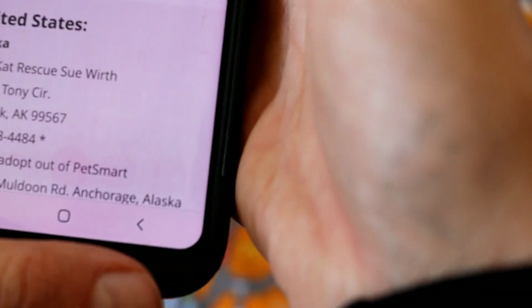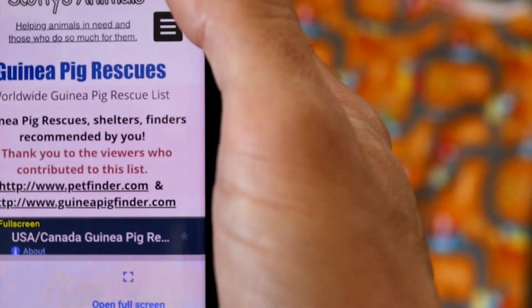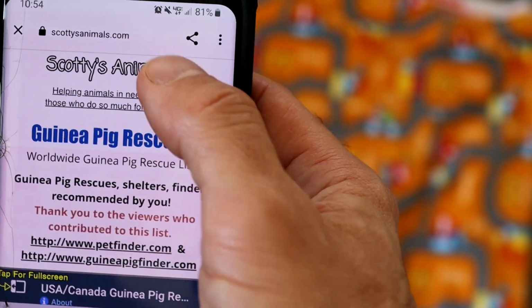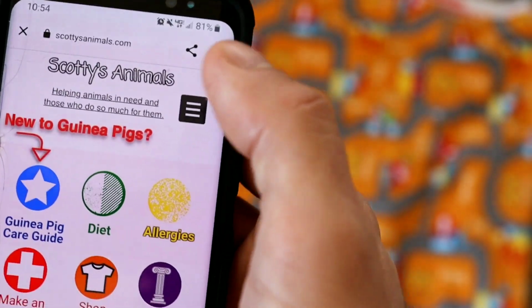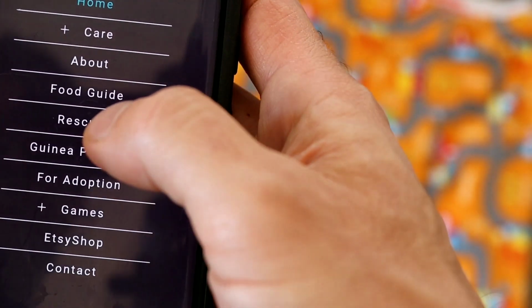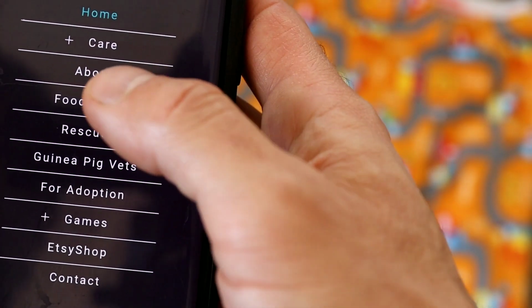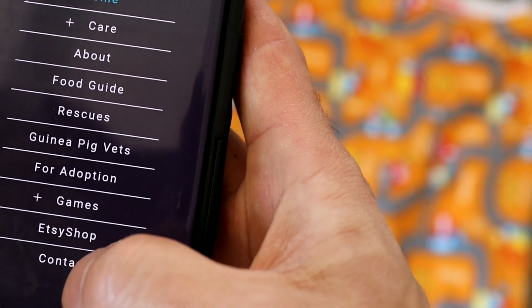So let's go back. We'll navigate back. You can always use this navigation bar and hit home, but you can also just hit Scotty's Animals and that'll take you home. So in the navigation bar, like I said, we've got the food guide, the rescues, the guinea pig vets, adoption, games, Etsy shop,